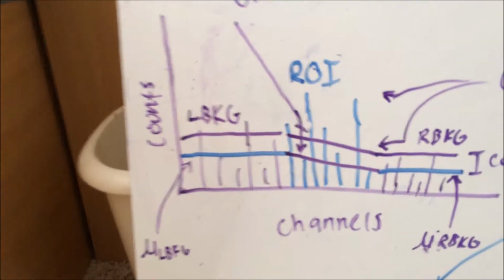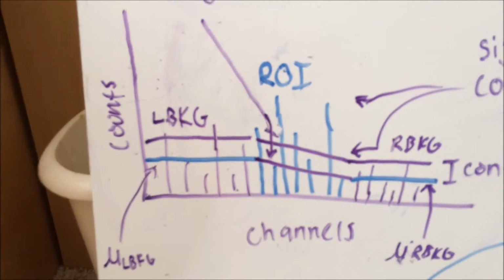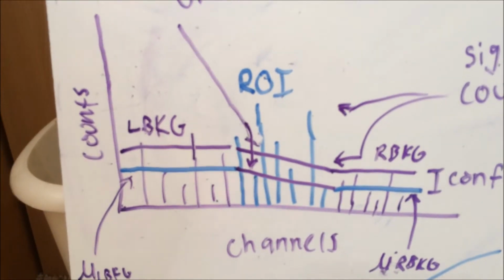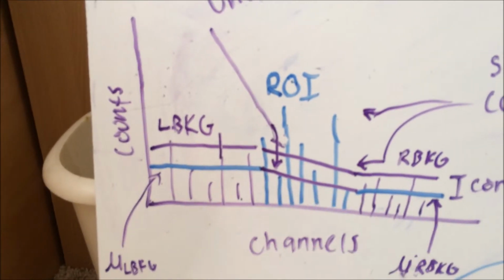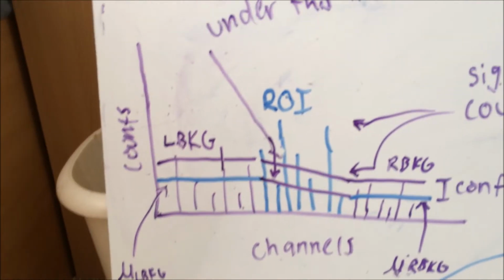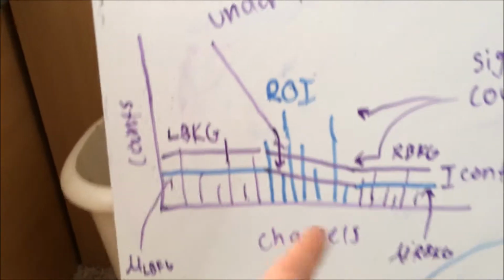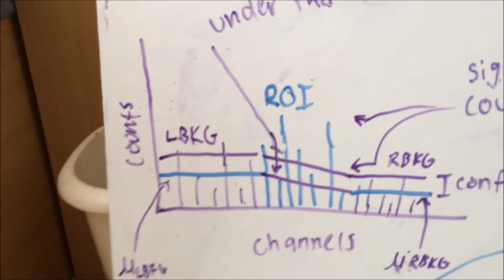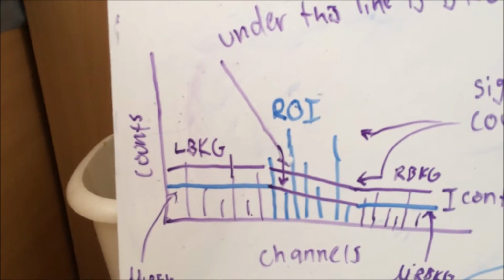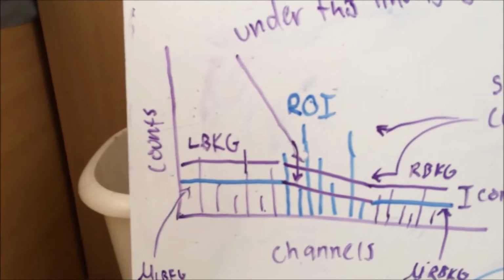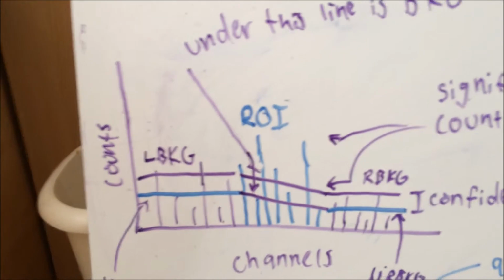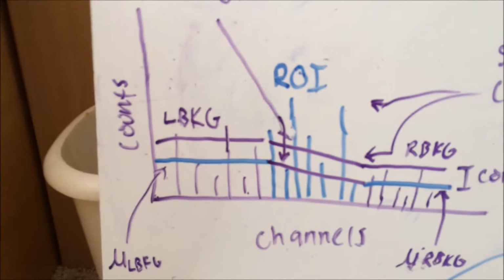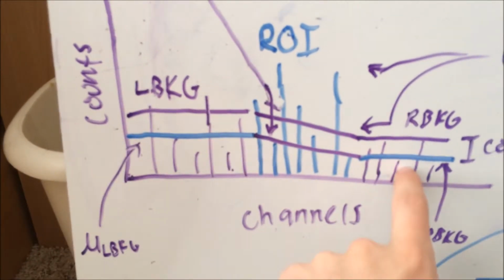So let's say we have this example spectrum, and we think that we have a peak where the channels are blue here, or we expect to get a peak there, whatever. In any case, we have an ROI there, and we want to know whether there are statistically significant counts in there above background. Basically, what we can try and do is use the background around the peak,